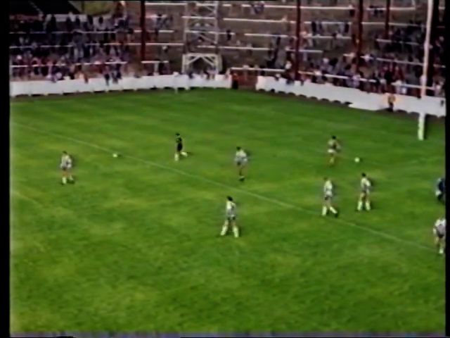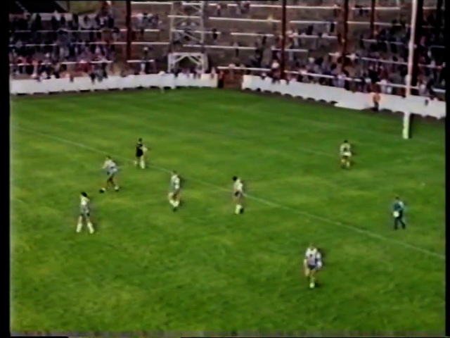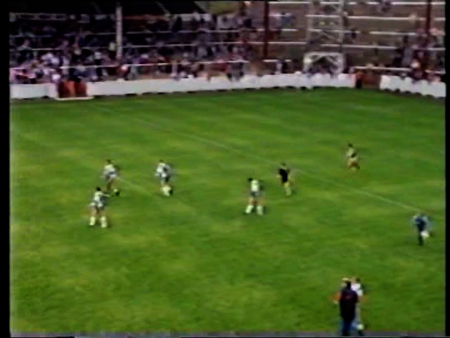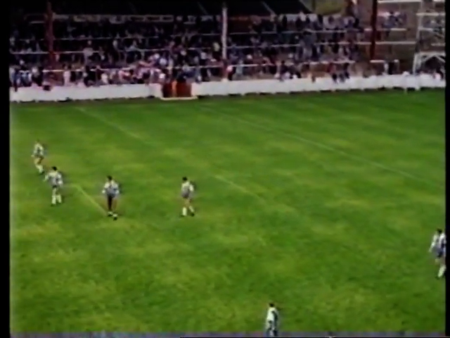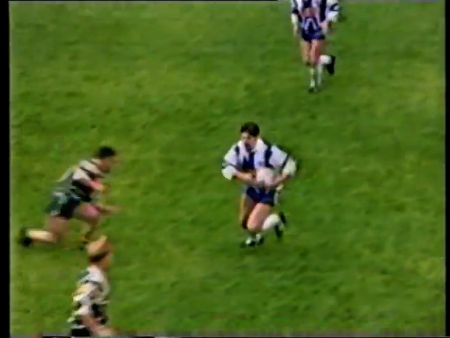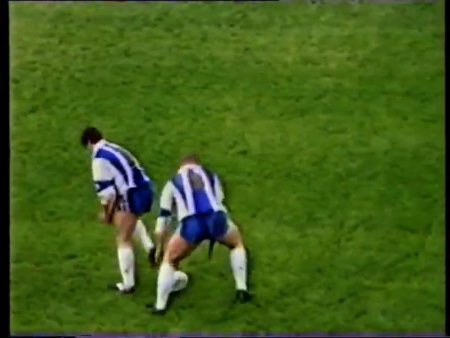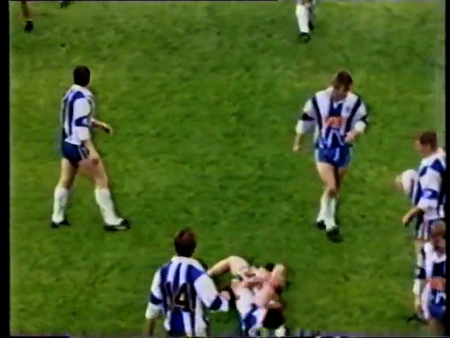It'll be Andy Precious to attempt the conversion. Two more points for Hunslet. The scoreline now in this third first round tie: Hunslet 6 points, Oldham 10. So Oldham tap, Pashniak gets it out to Warburton. Good defence from Davis. Sherratt back on the park. Knocked on though by Bradbury.